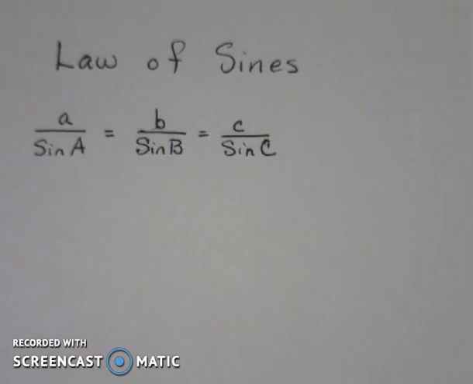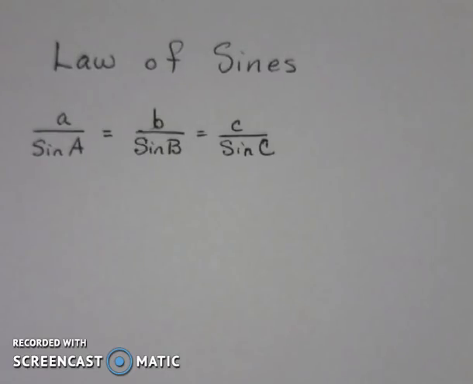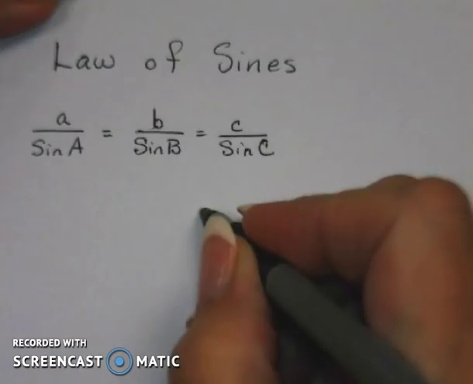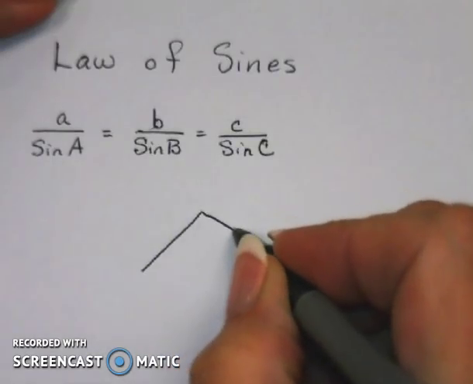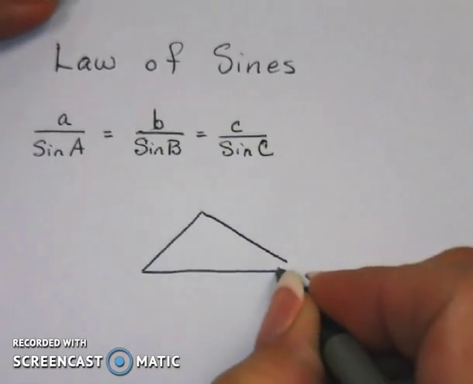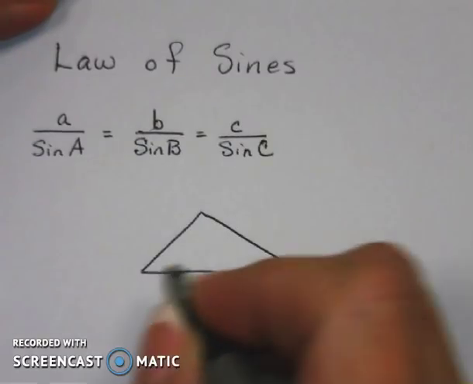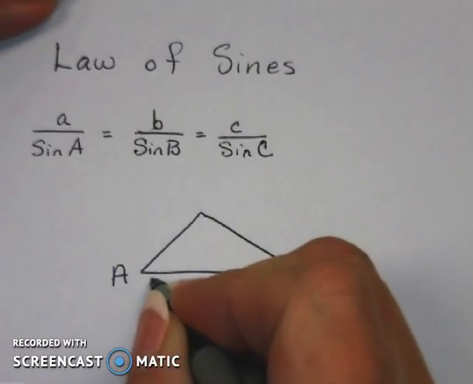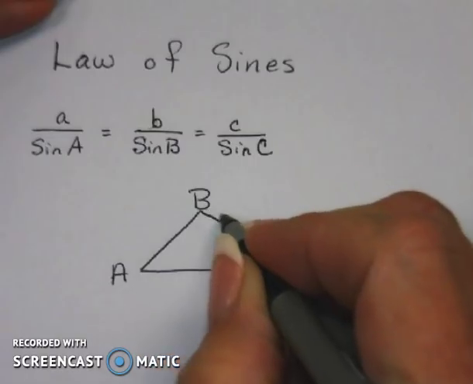Hi, we're going to be solving some more trigonometric problems today, and we're going to use something called the law of sines. The law of sines talks about a triangle. It does not have to be a right triangle, in which I have side at angle A, angle B, and